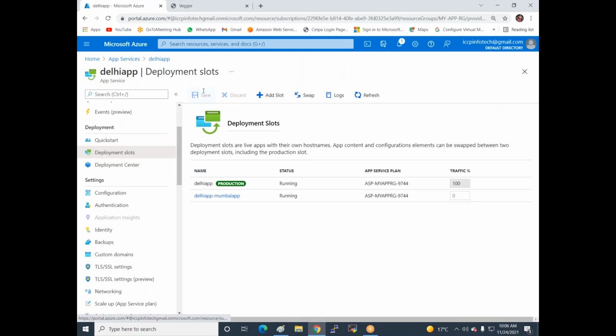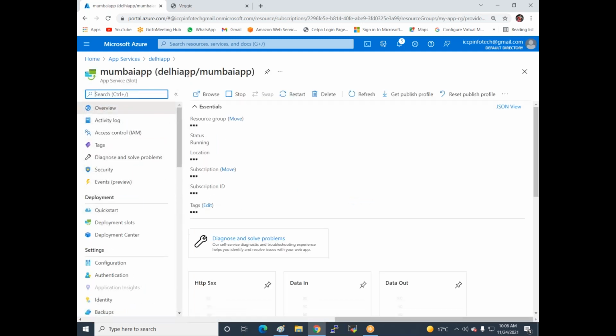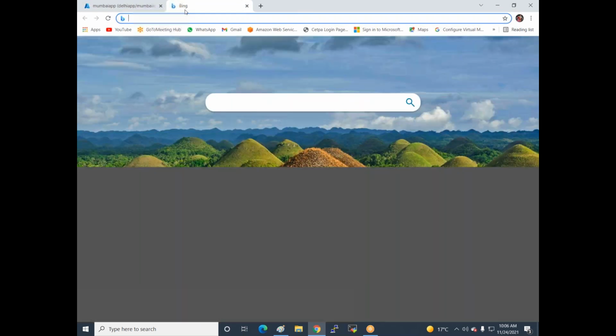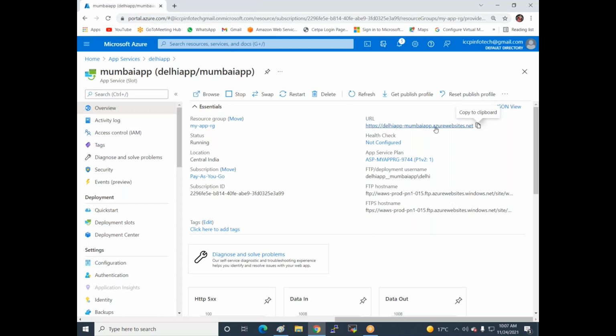You can see the new slot is added, the Delhi Mumbai app and the Delhi app. These are the apps. Now I'll copy this slot, and you can check if I click here, it's the same. This is a Microsoft Azure service. This is my other app service, the Mumbai app service, but I'm adding this as a slot. Now I'll upload a website in this.